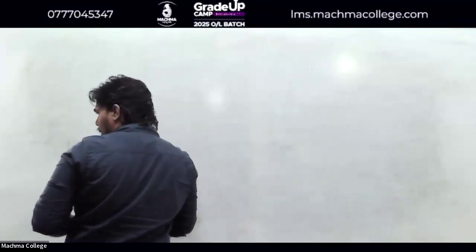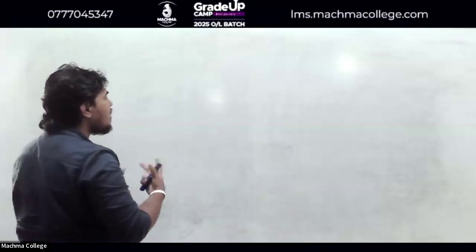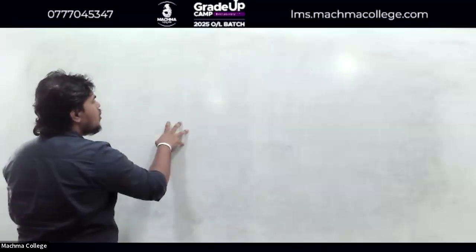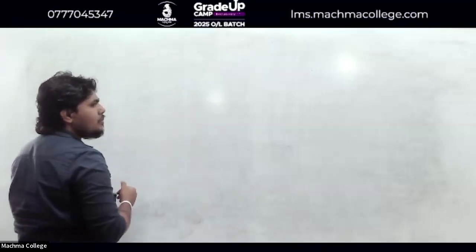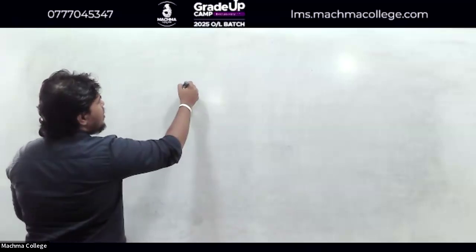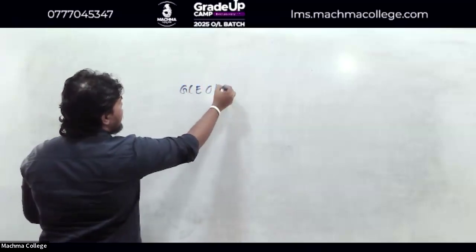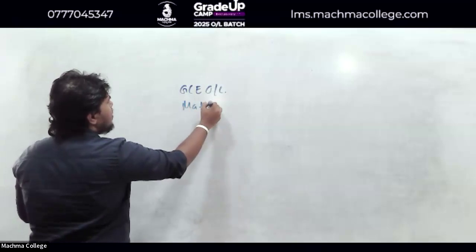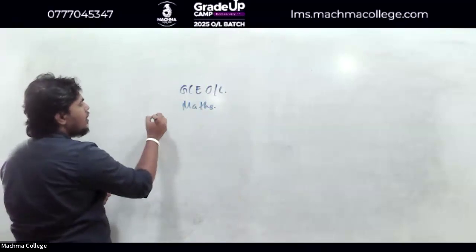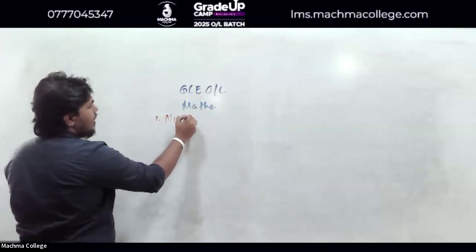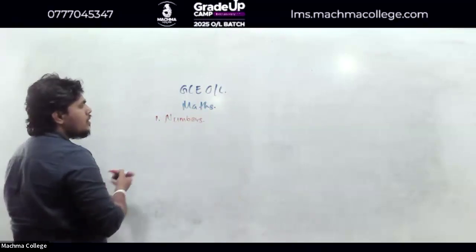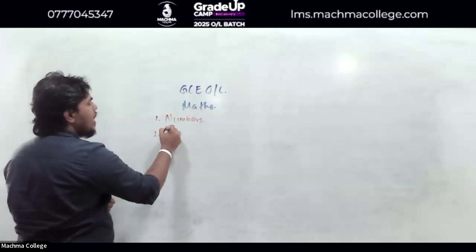Most of you may have completed the syllabus, maybe you haven't. We don't know. Assuming that you all know just a little bit of the mathematics syllabus, we'll start the session. So you know your GCE ordinary level syllabus. When it comes to mathematics, this has been divided into 5 significant sections. Number 1 is numbers, right? Maybe you are all aware of it, sometimes you might not be. The second section is algebra,